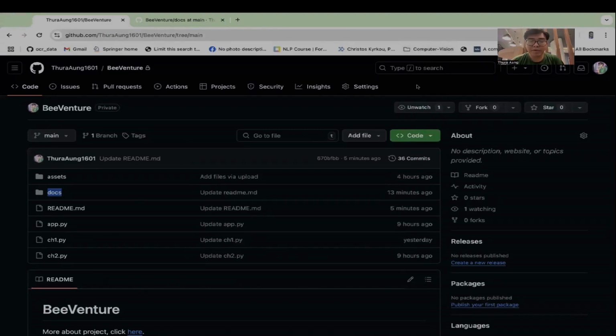Hello, my name is Thura Aung. I am a software engineering student from KMITL. Today I'm going to demonstrate and explain my programming code for our project BeeVenture. This is a 2-person team project. Me and EE share our tasks. EE did the circuit implementations and chapter 1, and I did chapter 2 with the necessary implementations